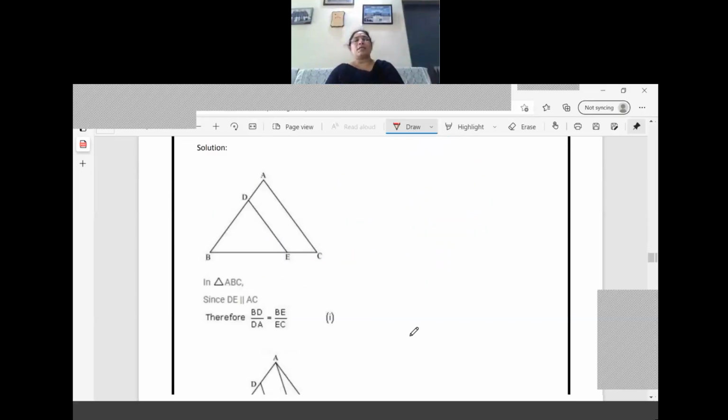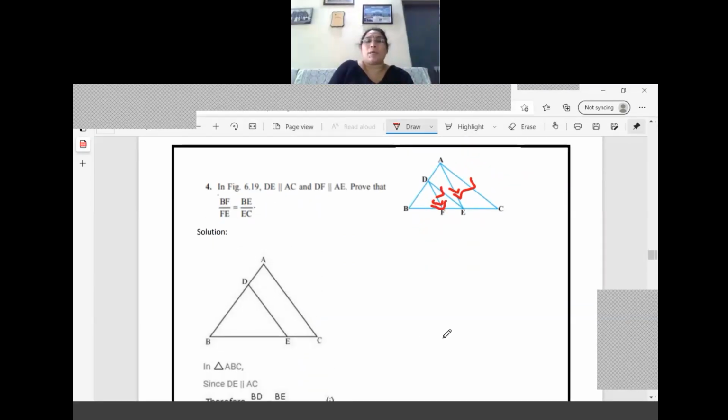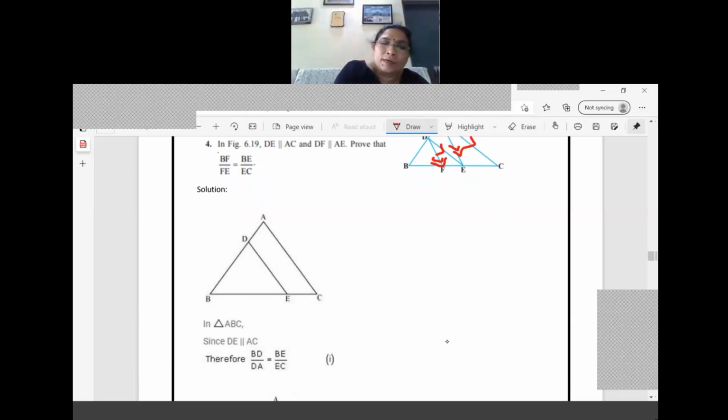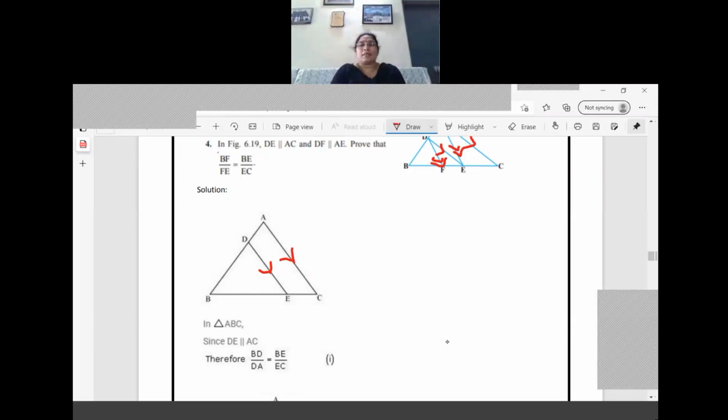Okay, now see that one. The first condition is that DE is parallel to AC. So that much of the diagram only we have taken here, right? DE parallel to AC. Now I think you can write it easily. BE by EC is there in the question, right? So according to that, we write BE by EC equal to, for E, what is the point? A. The corresponding point is D. So BD by DA we have written. This is the first equation.